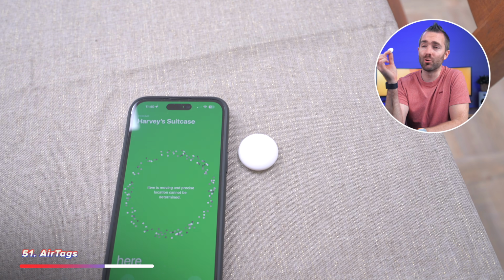Now, using Apple's ultra-wideband technology, you can accurately track the location of your AirTag, enabling you to find missing luggage, perhaps a stolen car, or even see that the package you're expecting is sitting at the courier's depot and not lost like FedEx keeps telling you. And if you leave something behind, your phone or your watch will let you know.